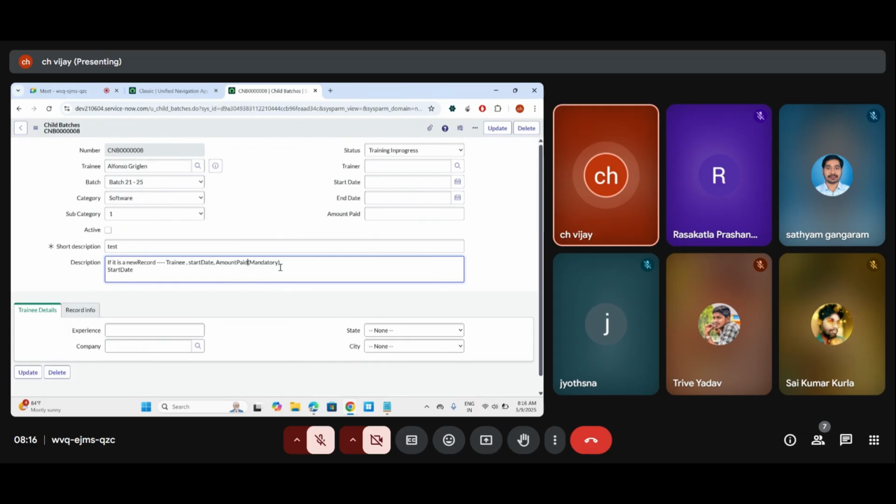But only for the new record, training should be mandatory, start date should be mandatory, amount paid should be mandatory. Okay, clear, everyone? Only if it is a new record. But once the record got saved, and once the CCD got generated,